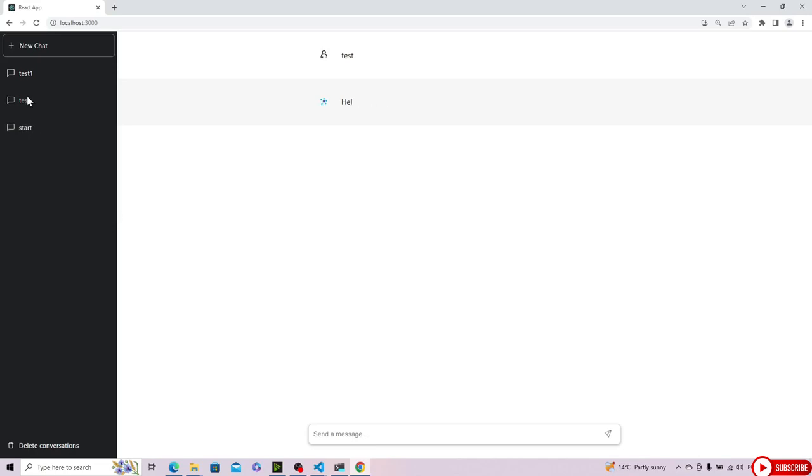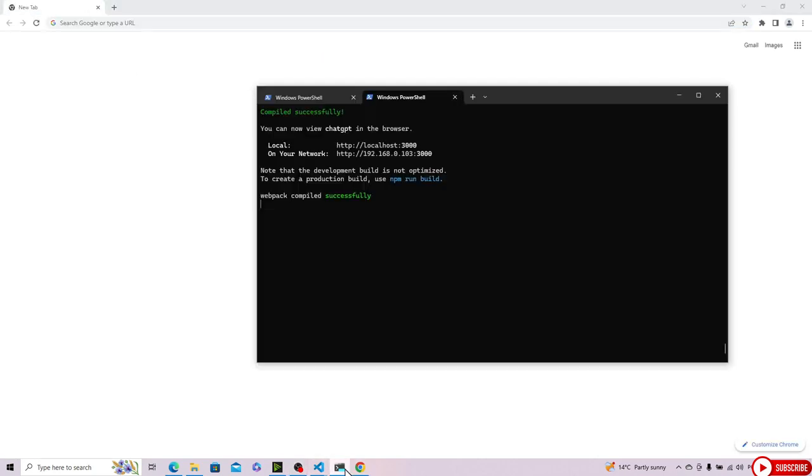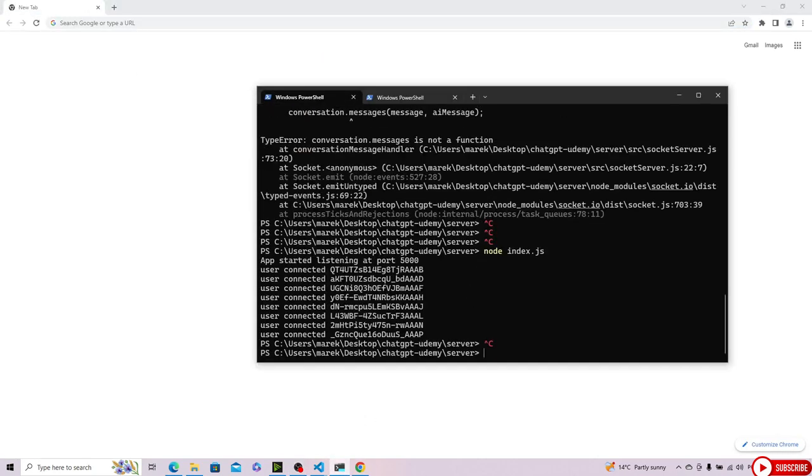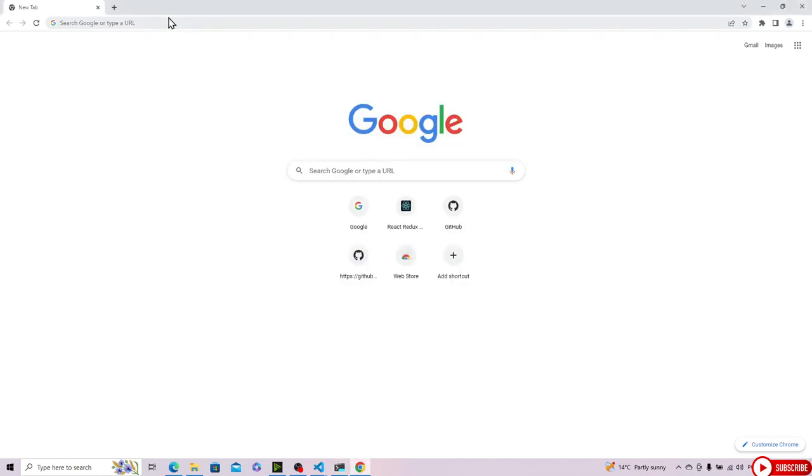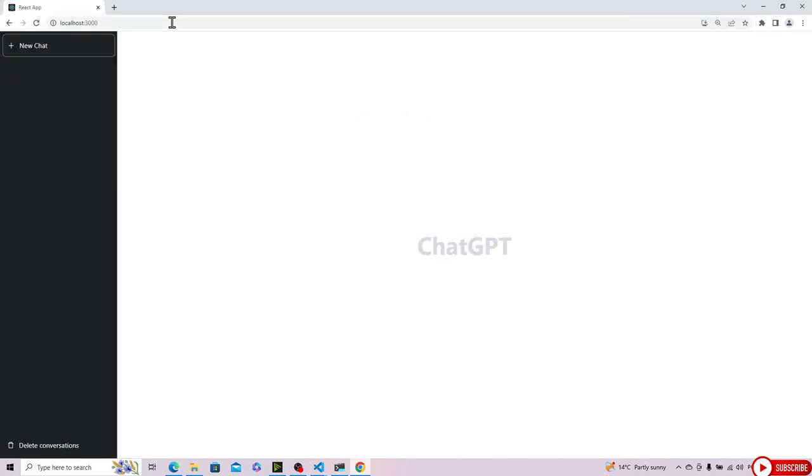And for now, that will be everything. Let's check right now if everything is working with all of the previous conversations. Now we have all of the old conversations. So what we can do, let's restart our server to clear the server sessions, so that it will not have the previous messages. And now when the server is restarted and we open our app, we will not have the previous